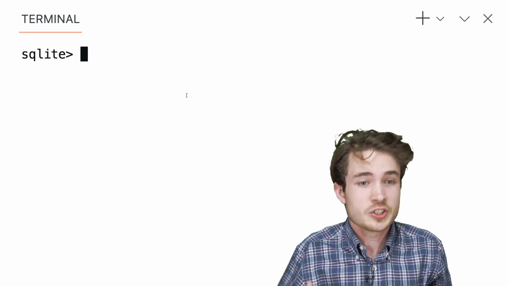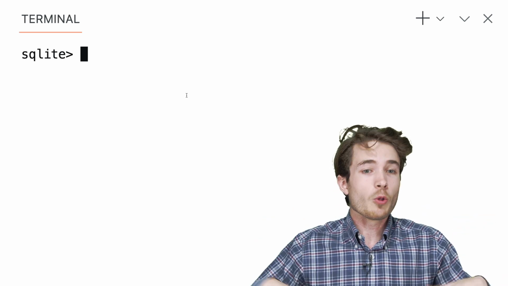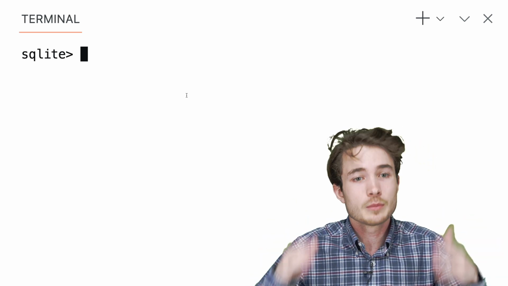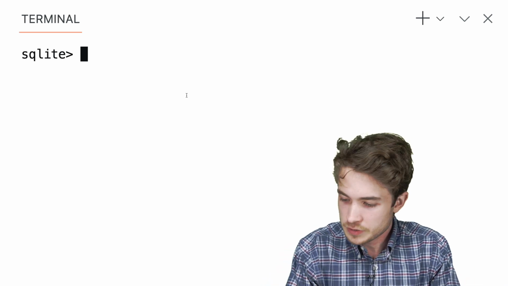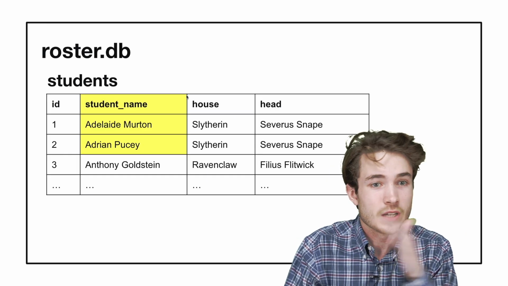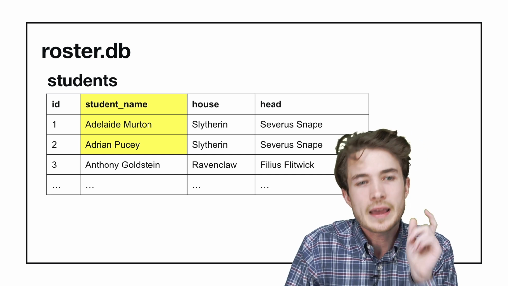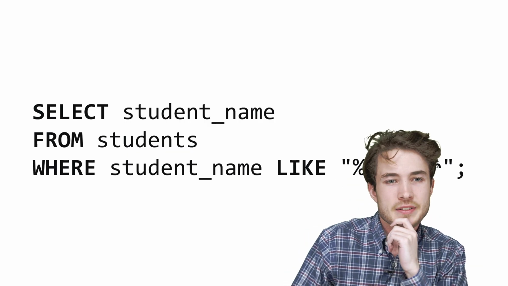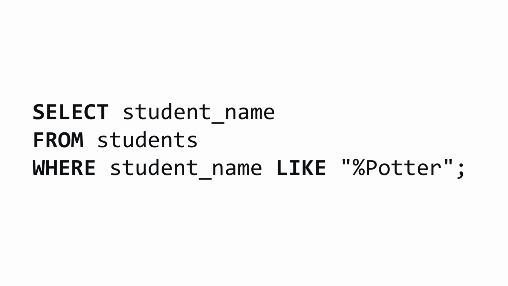And as we saw in lecture, like is this query that lets us do a fuzzy match, meaning that we get all the rows that roughly match some clause or some string we might give to our query here. So to do this, let's go ahead and look at our table again. For Slytherin, we got a result like this. But now let's look at how we could use like. So if we're interested in students whose name ends with Harry Potter, well, we could do a query like this. We could say select student names, obviously, from our student table. And now we're only going to get the student names that are like Potter with this